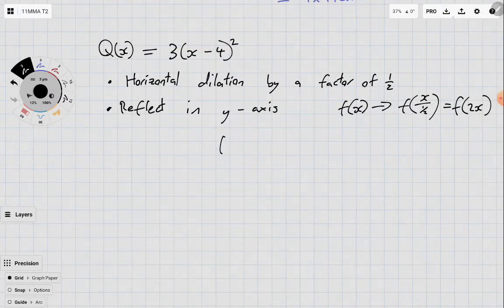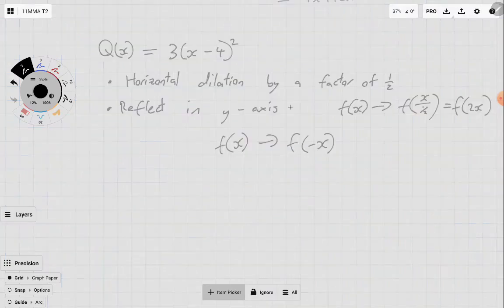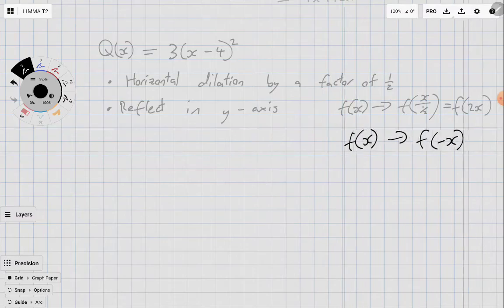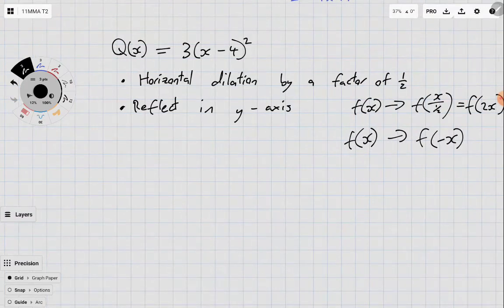So a y-axis reflection is f of x becomes f of negative x, okay? So those are our two rules that we're going to be using in order to actually do this. And now what we need to do is actually have a crack at doing both changes at once. So let's start with the first one. So for part A,